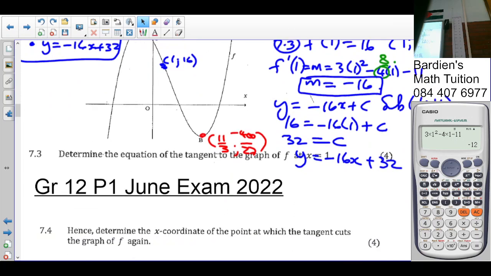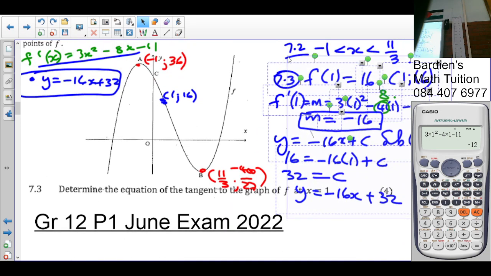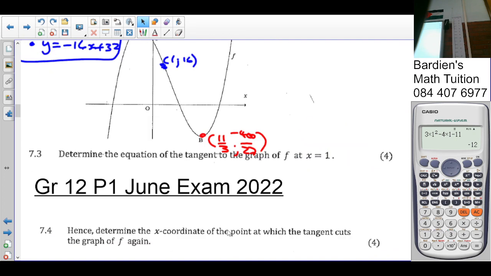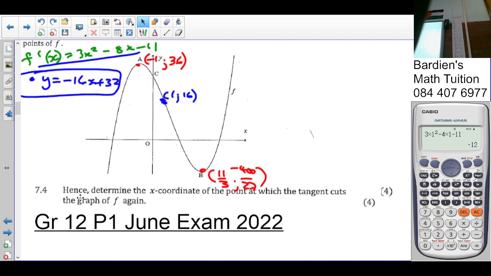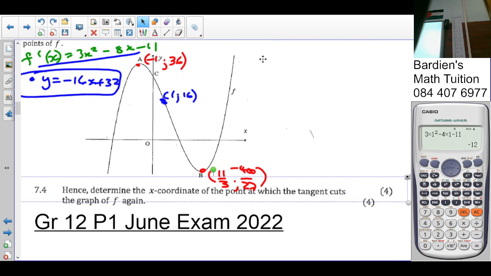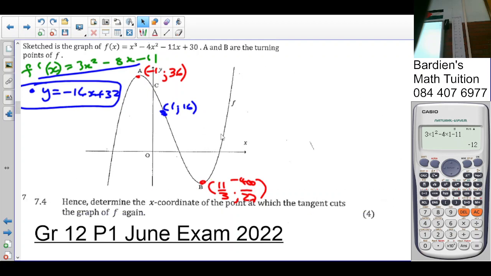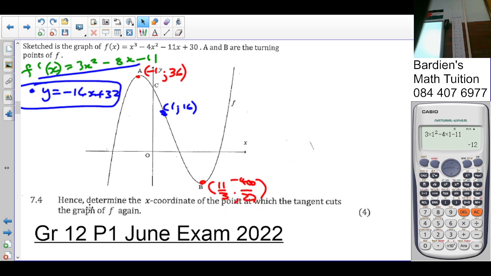So let's look at 7.3. We first make again space faster, right? 7.4. In question 7.4, we are told hence determine the x coordinate of the point at which the tangent cuts the graph of f